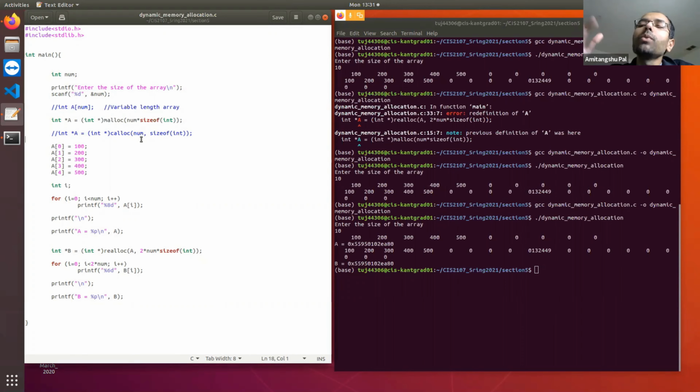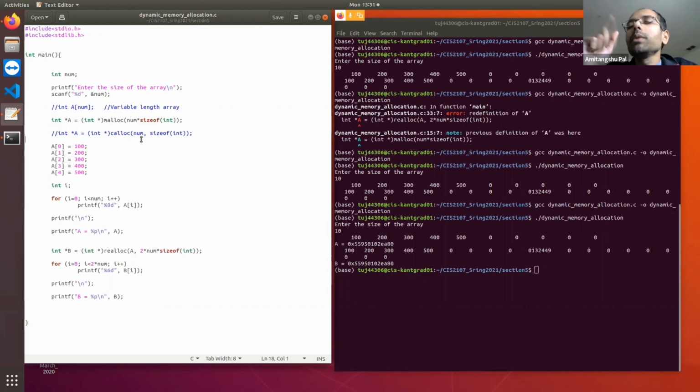That means once I come out of the function, the lifetime of the variable will expire and that stack frame will get deallocated. Right? When I go to a function, one stack frame will be allocated. When I come out of the function, that stack frame will be deallocated. That means the memory is deallocated when I am coming out of the function.